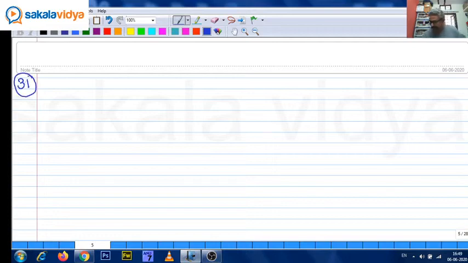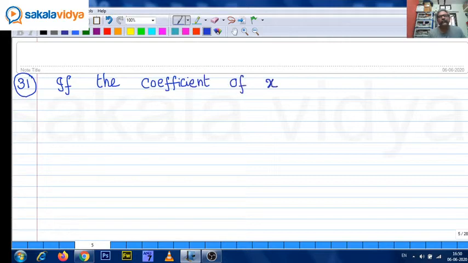Question number 31. If the coefficient of x to the power of 7 in ax square plus 1 upon bx whole to the power of 11